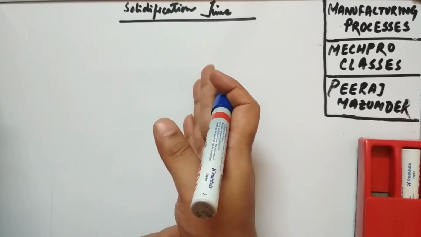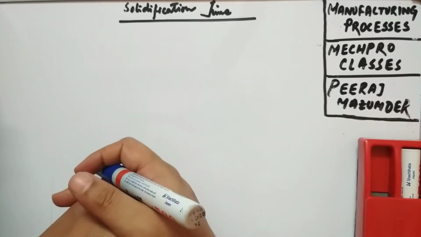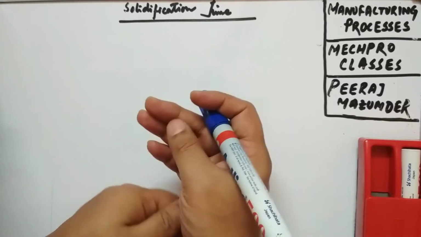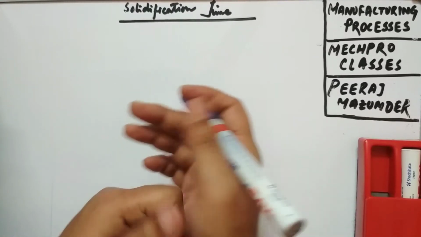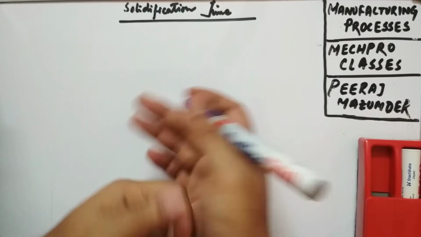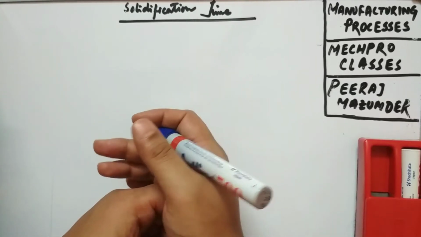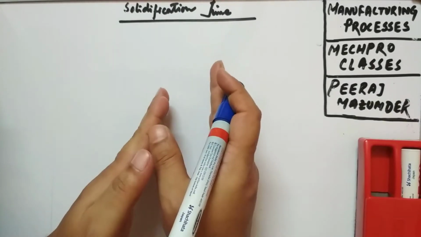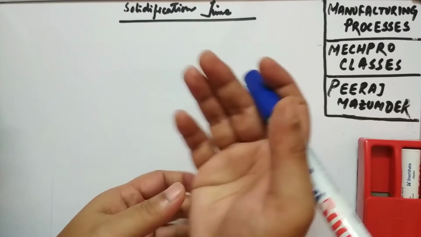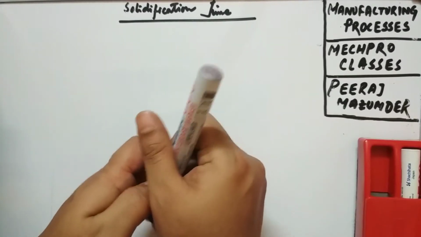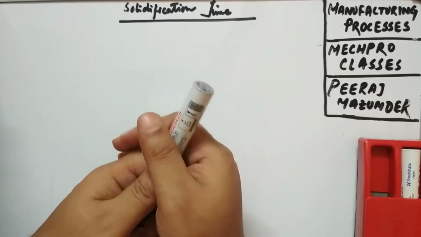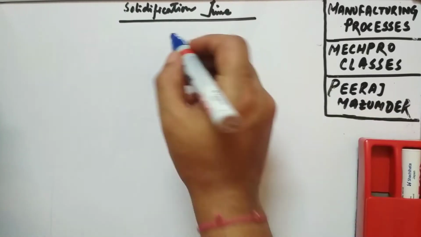Look, from the name itself, solidification time, you can guess that it is the time required for the solidification of the molten metal. Okay, you can say for the finished product of the casting as well. Now look, solidification of the casting occurs generally by losing heat from the surface, and the amount of heat is given by the volume of casting.